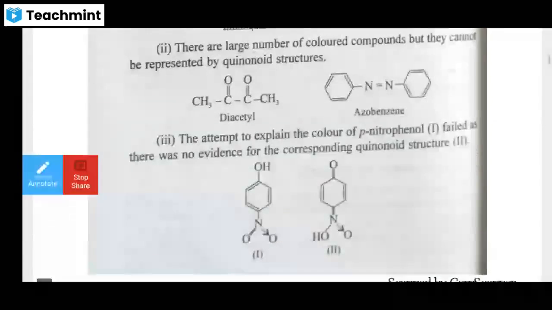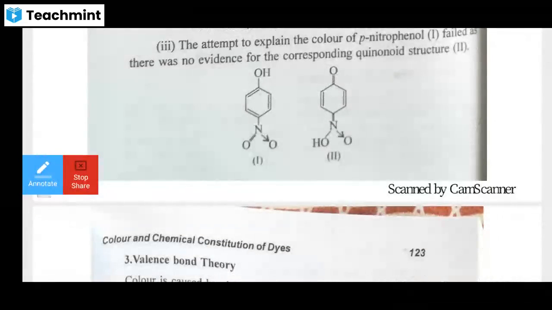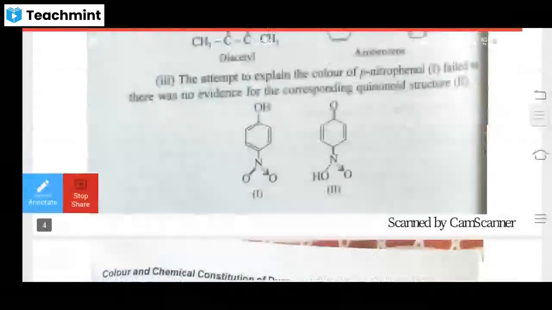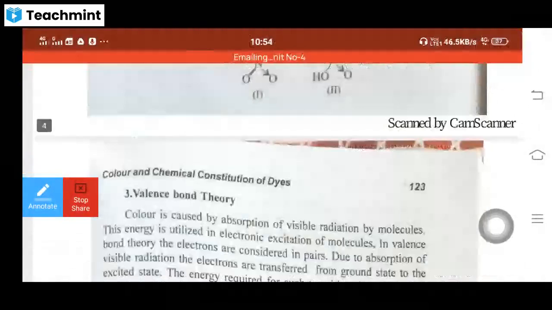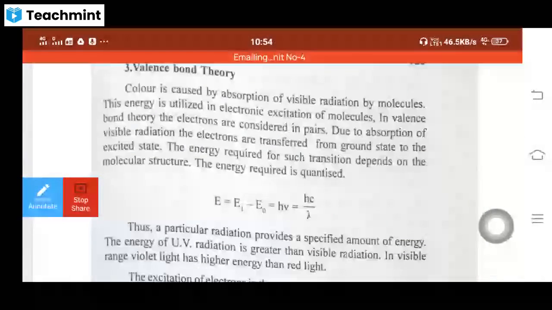An attempt to explain the color of the paranitrophenol failed. There was no evidence for the corresponding quinoid structures. ओके, पैरानाइट्रोफेनॉल के केस में भी कोई प्रूफ नहीं है कि वो क्यूनॉइड स्ट्रक्चर को शो करता है। क्यूनॉइड स्ट्रक्चर है फिर भी वो कलरलेस है। ठीक है, तब भी वहां पे कोई थ्योरी एक्सप्लेन नहीं है करने के लिए। अकॉर्डिंग टू द आर्मस्ट्रॉन्ग थ्योरी के हिसाब से ये उसका फेल्यूर है। अब नेक्स्ट थ्योरी है वैलेंस बॉन्ड थ्योरी।